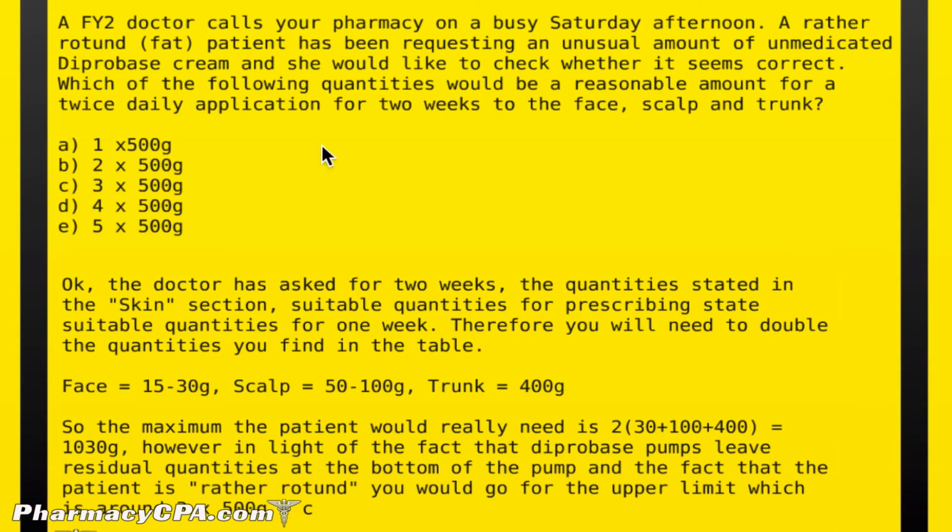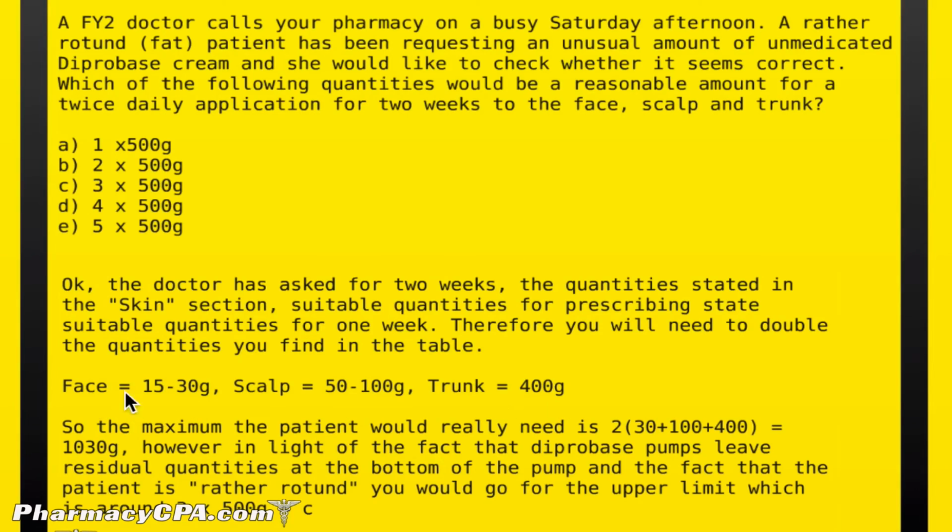Yeah, the thing you may have missed is it's for a fortnight. For 2 weeks. So I think in the BNF it actually has 4 weeks, so what you need to do is half the quantity. Okay. So the doctor has asked for 2 weeks, the quantity stated in the skin section, suitable quantities for prescribing, state suitable quantities for 1 week, sorry. Therefore, you'll need to double the quantities you find in the table. So for the face,